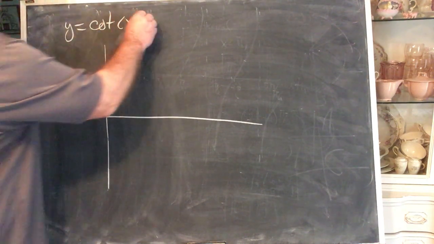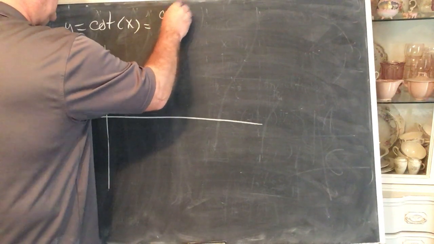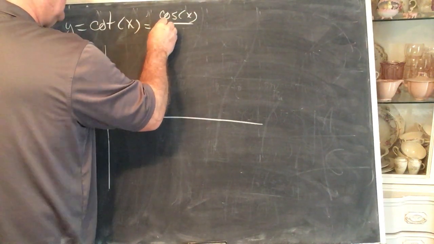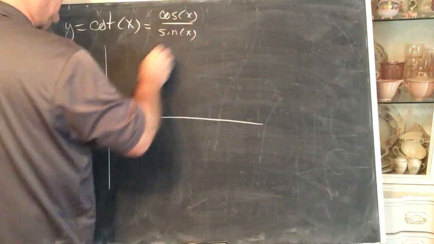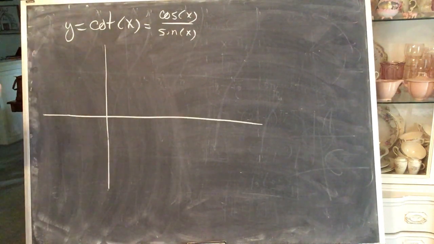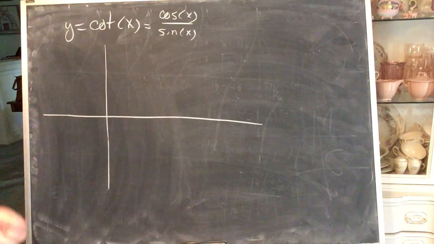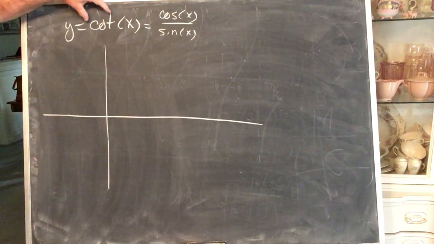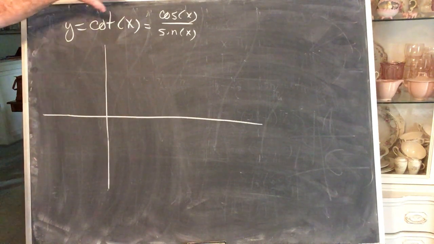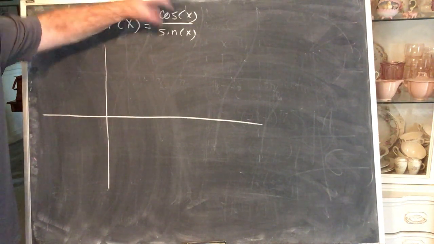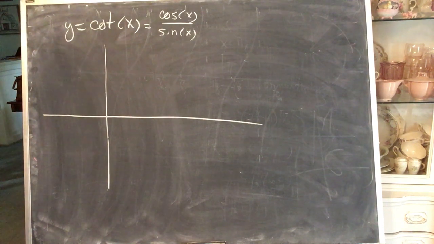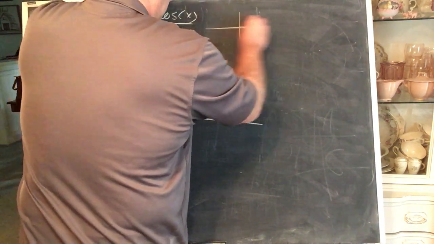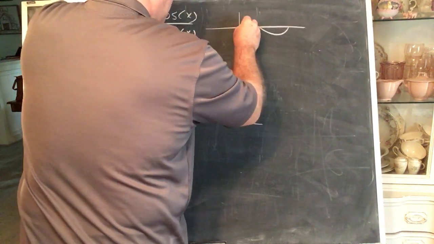Now, recall that cotangent can be represented as cosine over sine. And so just like tangent has a vertical asymptote anywhere its denominator, cosine, has an x-intercept, cotangent has a vertical asymptote anywhere sine, its denominator, has an x-intercept. And recall the graph of the sine curve,